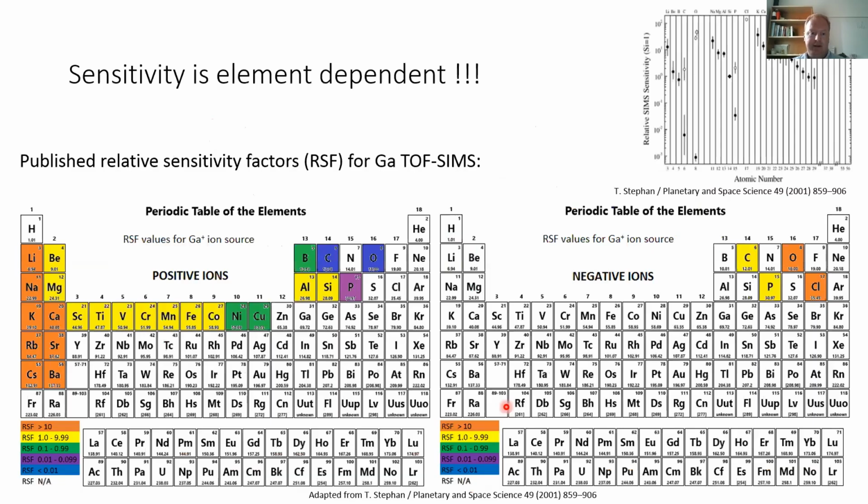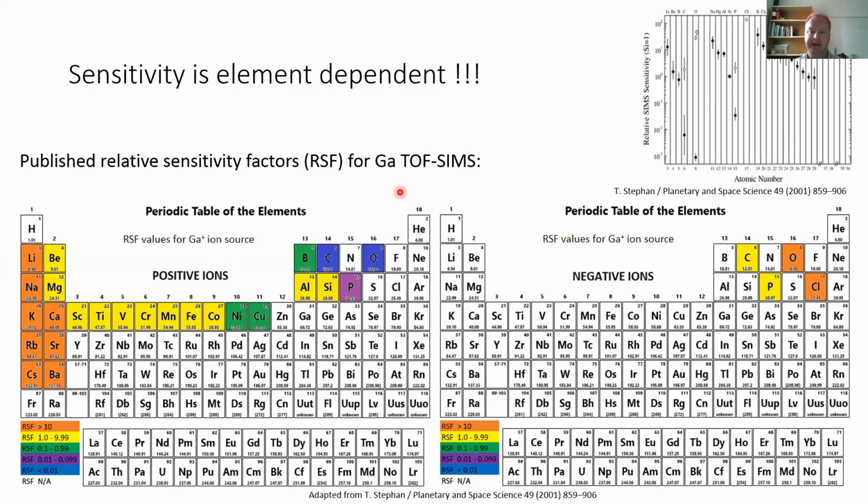Okay, so the way in SIMS that people generally compare the sensitivity for a particular element is to compare it to a baseline element, and usually that's silicon. From that they generate what's called relative sensitivity factors, the sensitivity of a certain element in comparison to silicon. Now there's a lot of data published for cesium and oxygen because they're common SIMS sources, but there's much